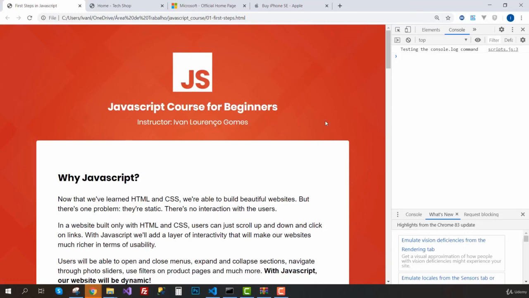So now that we have JavaScript up and running in our website, we learned two ways of running it: using a script tag directly in the HTML file and using an external .js file. We just tested two commands. We can see that this is working. So now in the next video,